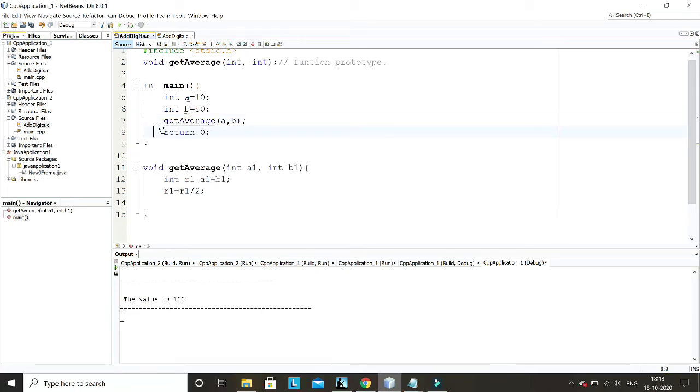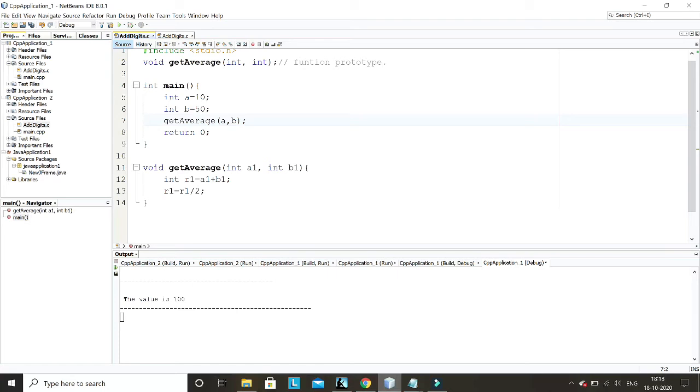If I run this code, my code previously was to calculate the average and print it. Now if you run this code, it will start executing from here, go here, and from here it will jump to get average, and you are passing the values of a and b.